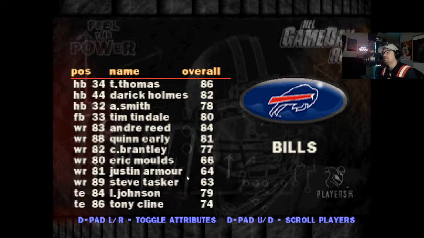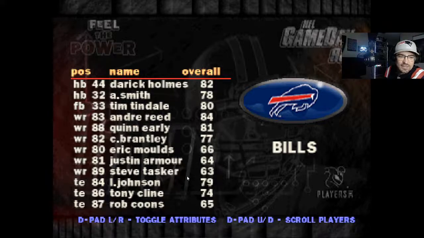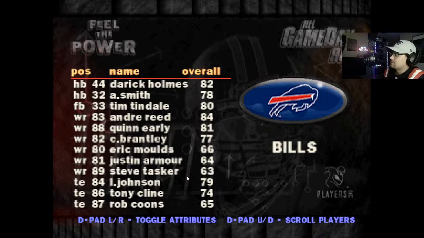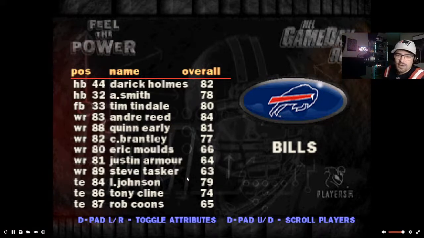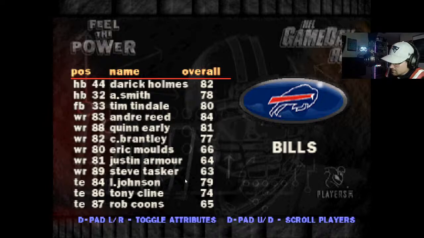I think that's Akili Smith. I'd love to be able to... I wish I could see their first names, because I think that is Akili Smith. Not Akili Smith. God. I think he was the one who went to be the running back for the Patriots during their first and their second Super Bowl runs.